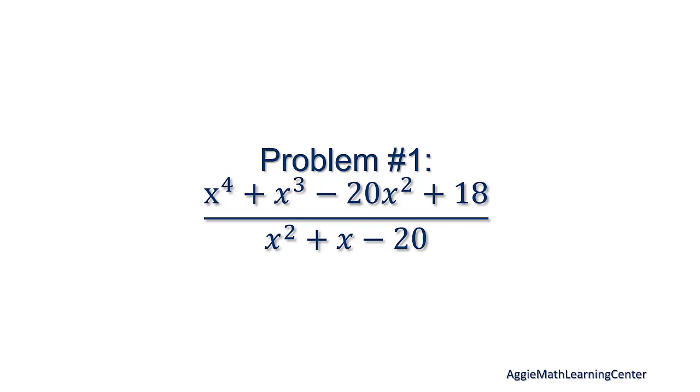The first thing you want to be looking for in these problems is whether or not the degree of the polynomial in the numerator is less than the degree of the polynomial in the denominator. If this isn't the case, then partial fraction decomposition cannot occur yet. In this problem, we see that there is an x to the 4th in the numerator and an x squared in the denominator. Because the degree is higher in the numerator, we will need to use a long division to pull out a common factor.